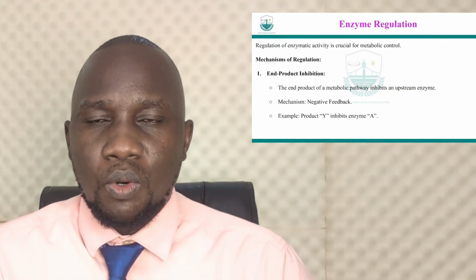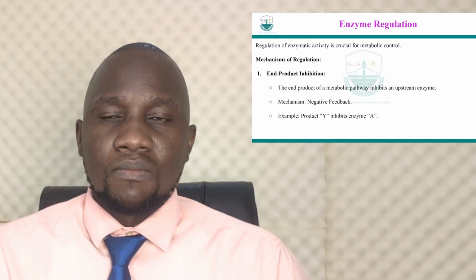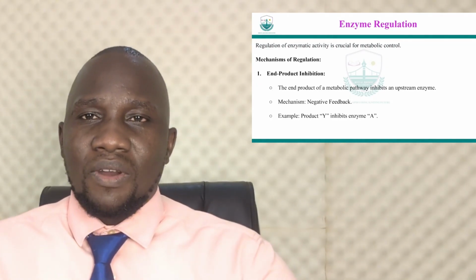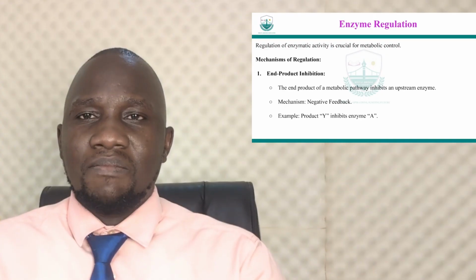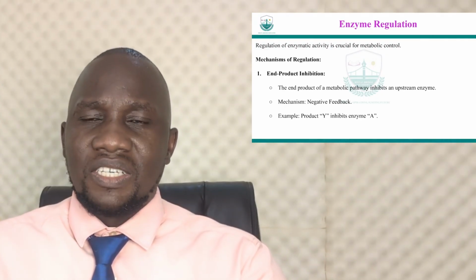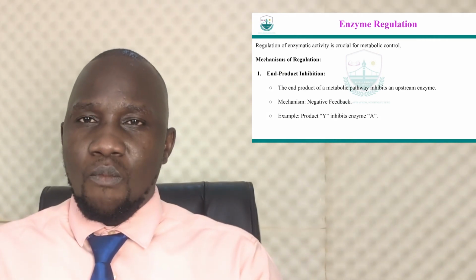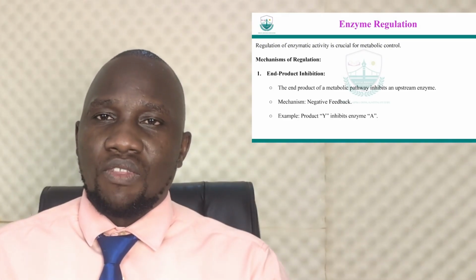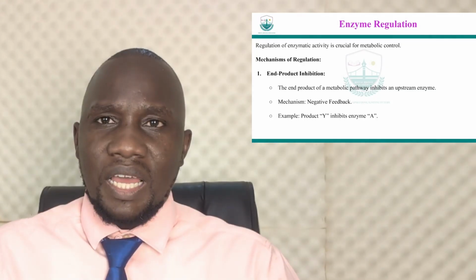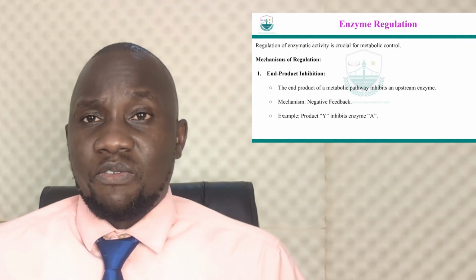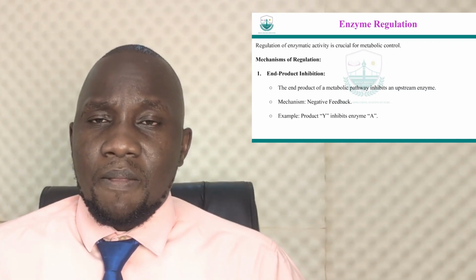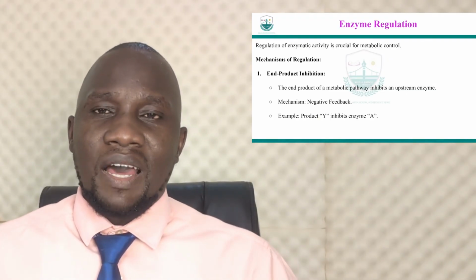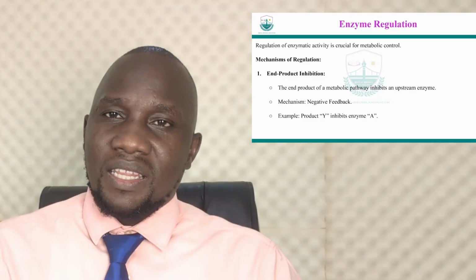We're going to look at these mechanisms. The first mechanism is what we call end product inhibition. The meaning of this is that if you form more of the product on this side, this product will act on the enzyme such that it makes it less efficient, so that you don't have more products being formed. So that is end product inhibition. It's what you can call a negative feedback mechanism, which is very important in homeostatic mechanisms. You have an enzyme that is inhibited by the product that it forms.